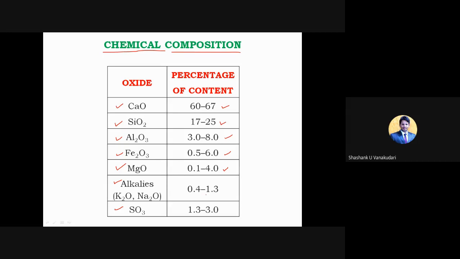Very minor proportions are enough for some alkalis like potassium oxide and sodium oxide, and then sulfates. Very minor proportions are required in the cement, but the presence of that percentage is a must in the cement, so that the property of that cement will vary with respect to these chemicals. Okay, so you can see the major chemicals which are present in the cement,